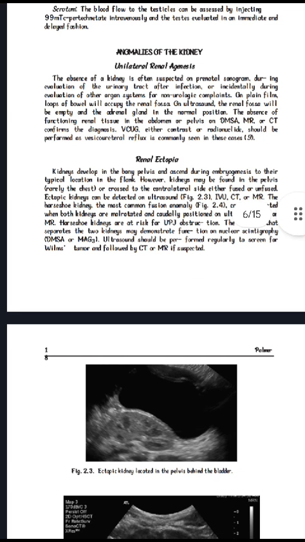Next one is renal ectopia. Kidney develops